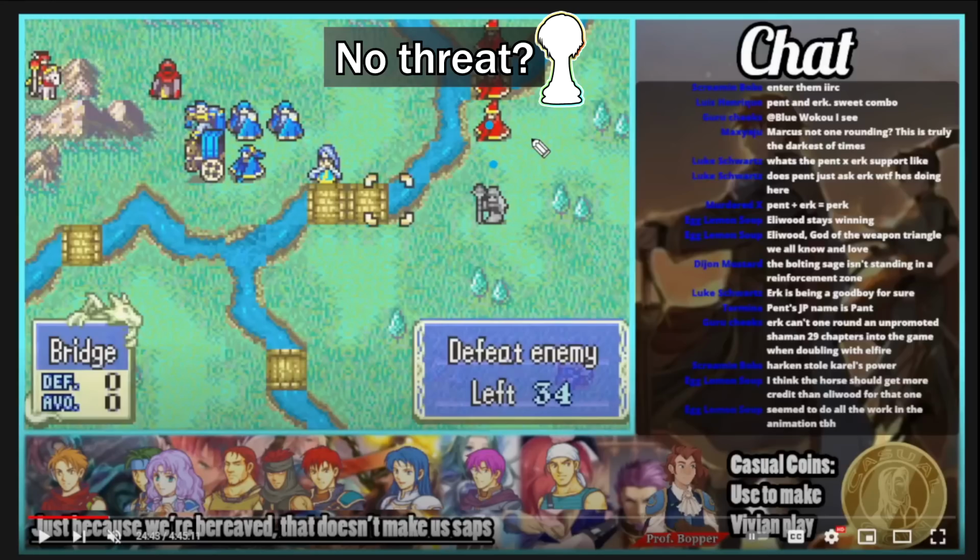So that's a reason why you would still do what Bopper did here, which is just kill this mage, get it over with, which is also pretty safe. Again, very minor in this case, but worth pointing out in general,